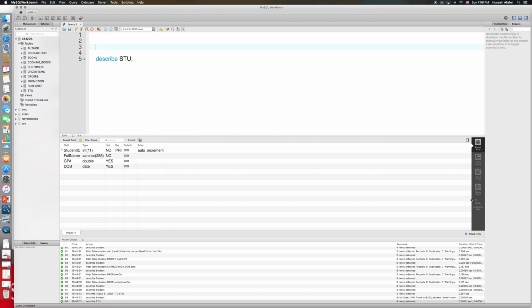Now let's do some examples on the table that we just created. This is the student table that we just created together. And we have student ID, full name, GPA, and date of birth. Let's try to insert some data. So insert into STU, and I will not specify the columns right now. Values,